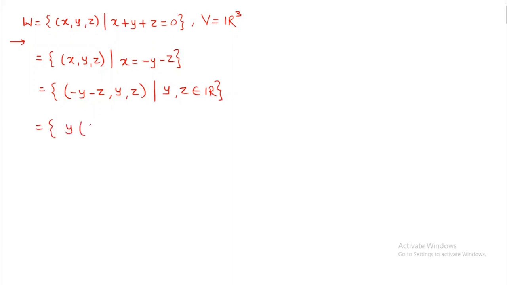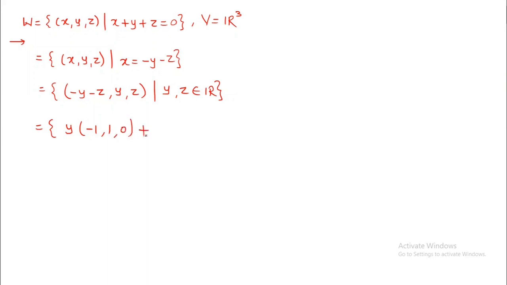So inside the bracket, see, in the first coordinate y is present. What is the coefficient of y? Minus 1. So I will write minus 1 here, comma. Now in the second coordinate y is present, so its coefficient is 1. But in the third coordinate y is not present, so therefore its coefficient is